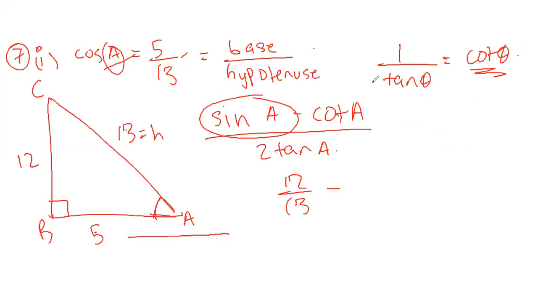First we'll find our tan A. Our tan A states that with respect to angle A, which should be towards the ground, the perpendicular upon base, which is 12 upon 5. Now, having got our value as 12 upon 5, the reciprocal of tan A will be known as cot A. So the reciprocal of 12 upon 5 is 5 upon 12.